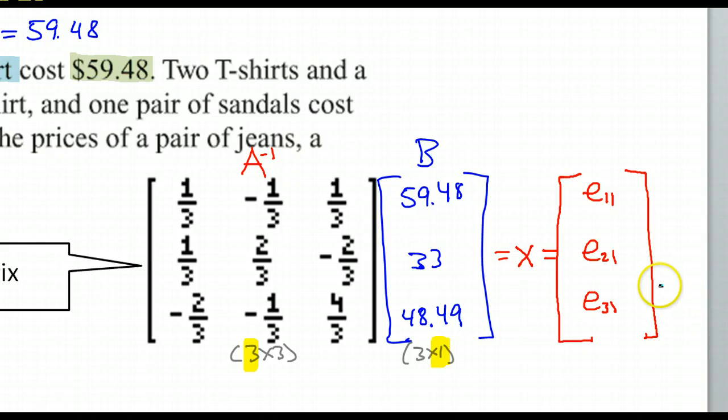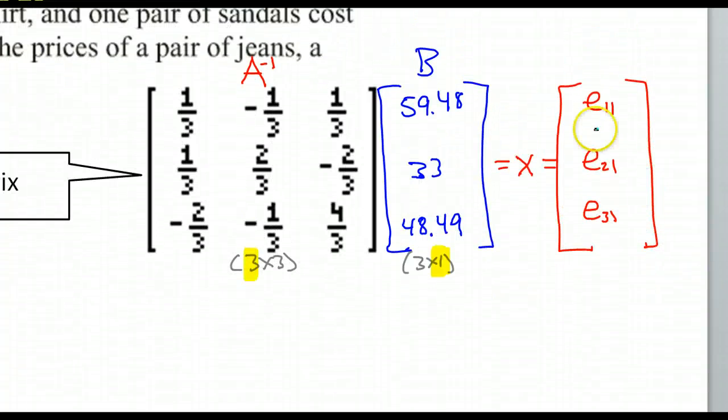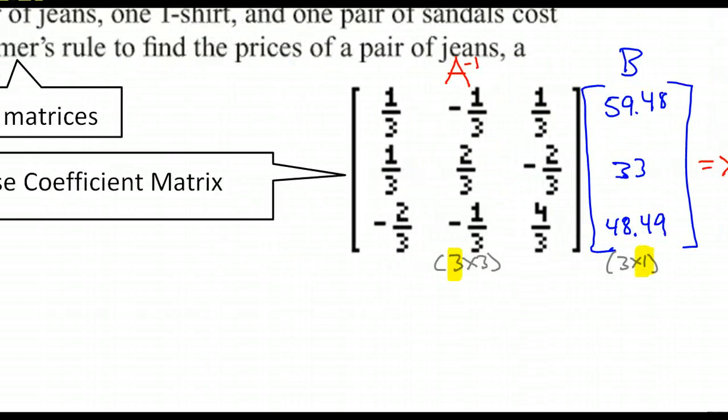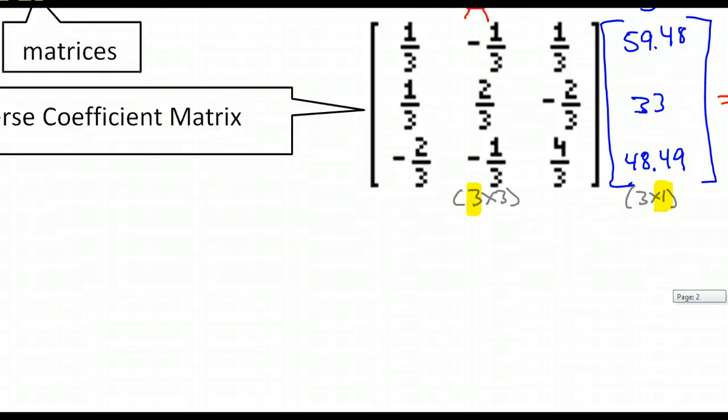All right, I'm so excited. I'm just going to go ahead and do one of these, and then I have to go eat lunch. So let's do element 1,1, for example. Leave myself as much space as I can without covering it up. I'm going to do it over here. So element 1,1, that's going to be row 1 times column 1. So row 1 is